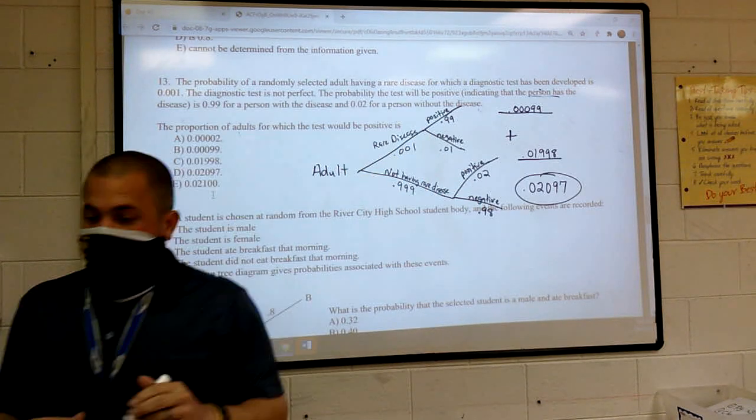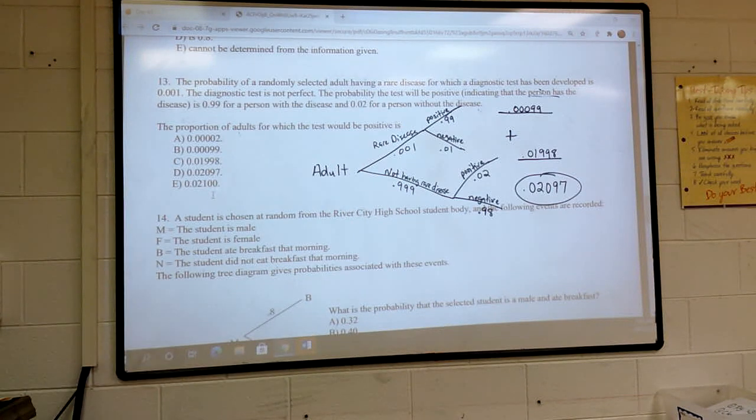The worst thing that can happen in this case is what? What's the worst scenario? False negative. Yeah. So if you have the disease, no, that's not the worst, because then